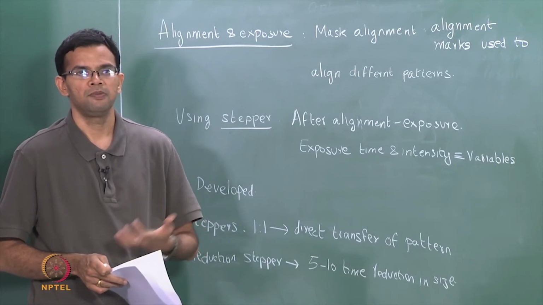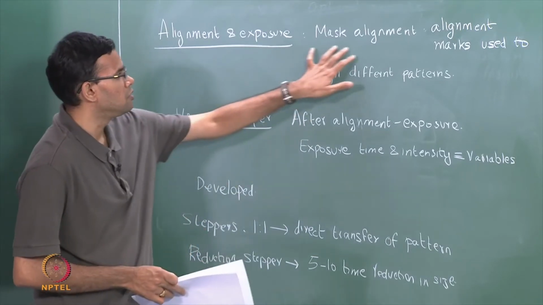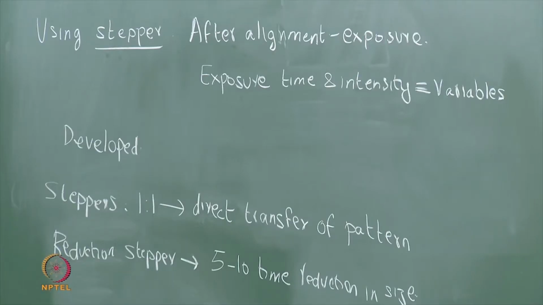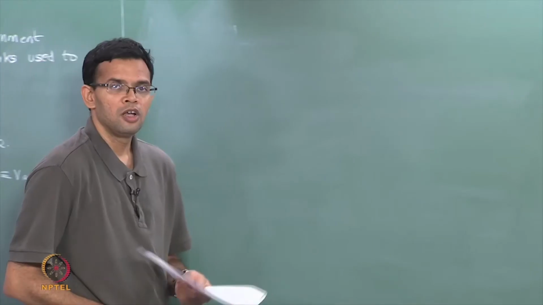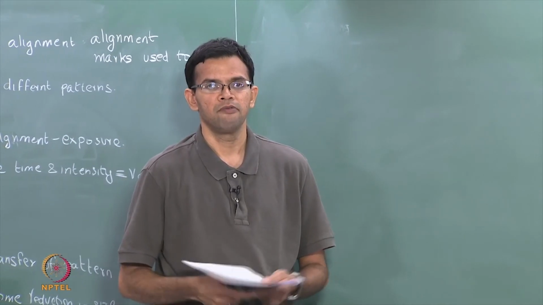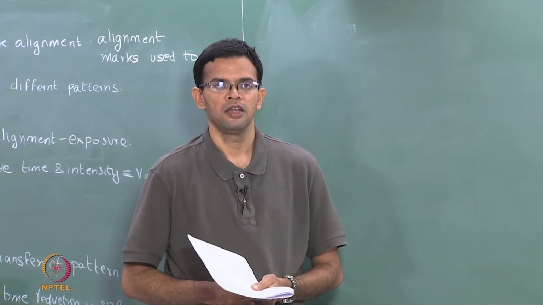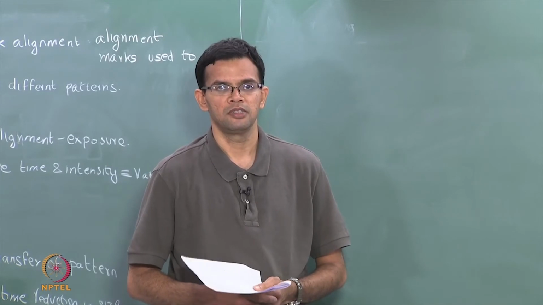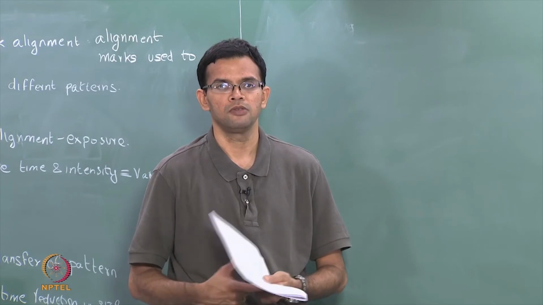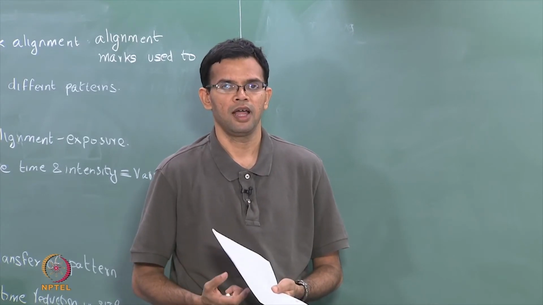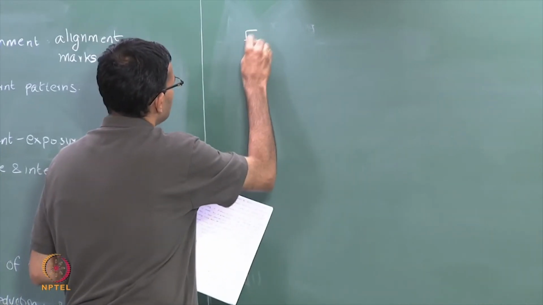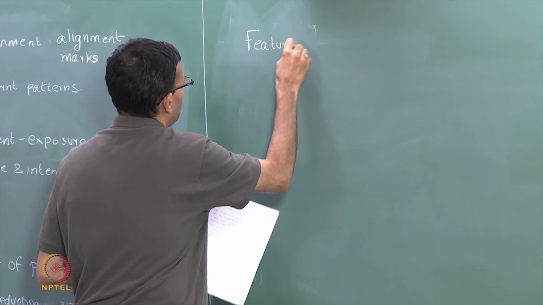And if you are doing this multiple times, the important step is to make sure that the different patterns are aligned to each other. One of the important things that lithography has to do is that with the reduction in feature sizes, we need to be able to pattern in smaller and smaller regions. The smallest feature size that is possible depends upon the wavelength and the numerical aperture of your system. So the feature size, which is the smallest feature that can be patterned,